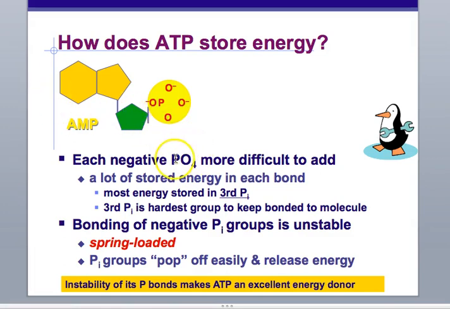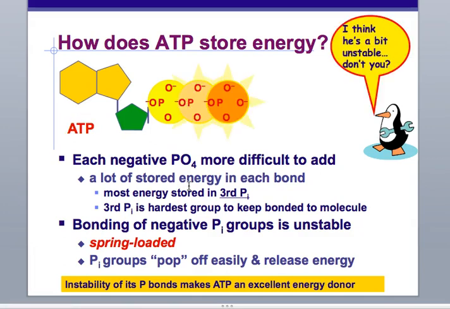Every time you add one of those phosphate groups, it gets harder and harder to add. When it's just one phosphate group, it's called AMP, for adenosine monophosphate. Then we add another one, and then we add another one, and at this point this is a very unstable molecule. If this were a nuclear reaction, this would be very dangerous, because when you release nuclear energy, you get a nuclear explosion, and that's a lot of energy. But in the case of this bond energy, it's just enough energy to make things work in your body, so it's perfect. Once you get to the three-phosphate stage, this becomes a very high energy molecule.